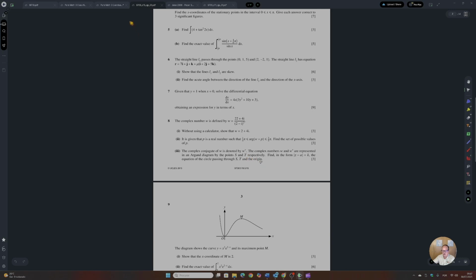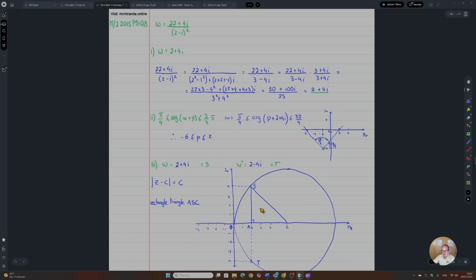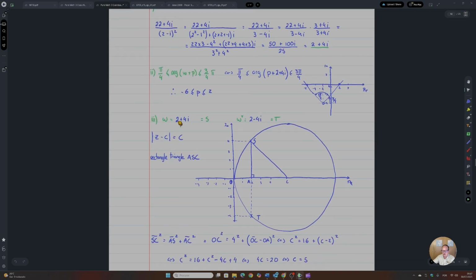So let's go and represent what we know in an Argand diagram to begin with. If W is 2 plus 4i, the complex conjugate is going to be 2 minus 4i. So let's plot them. This is going to be S, this is going to be T. And you also know that the origin itself is going to be part of this circle. You know that you have a circle, right? And the equation of a circle is given on the